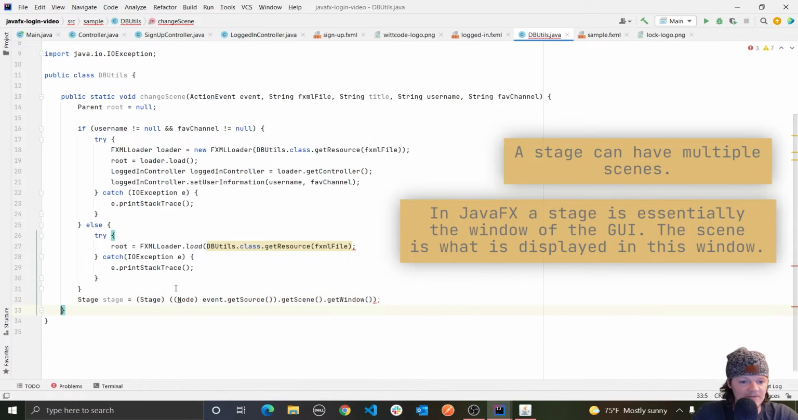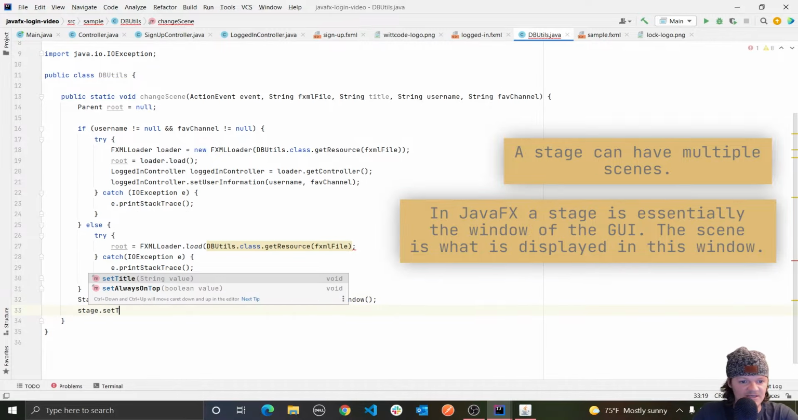It's a little confusing, but basically we're just using the event or the button that was clicked on. We're getting the source of that, and then getting that scene, and then the window, which is essentially the stage, and then we're getting that as a node, casting it to a stage, and setting it here. And now it gets easier. So we're just going to set the title of our stage to what was passed in the function. So we can do stage.setTitle, and that will be